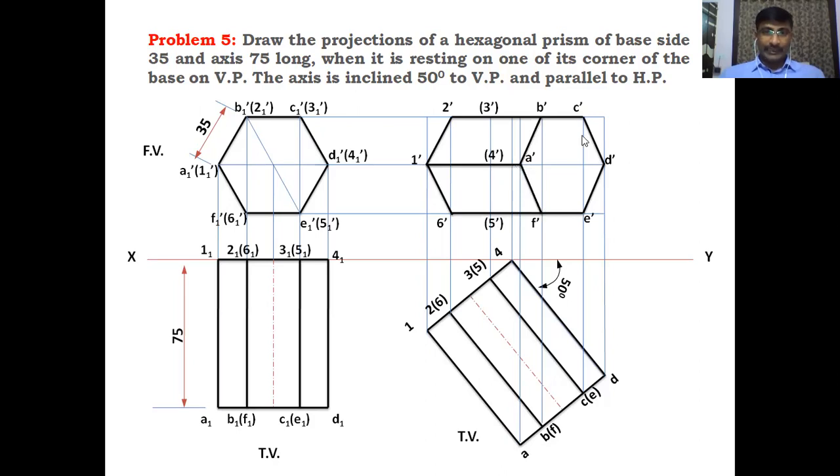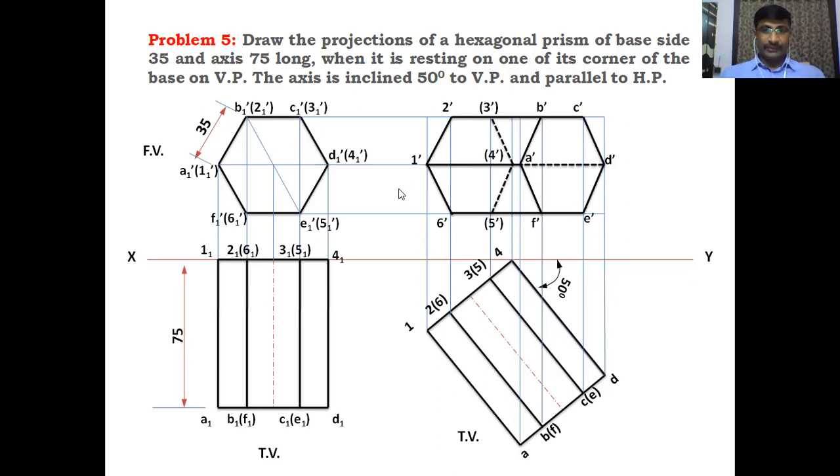And the remaining points, that is the invisible base corners: 3 dash to 4 dash is an invisible line. 4 dash to 5 dash is also an invisible base edge. And 4 dash to D dash is also an invisible longer edge. These invisible longer edges are drawn with dotted lines. Clear? You have to draw the invisible lines with dotted lines, and the dark lines are the visible edges and visible longer edges.